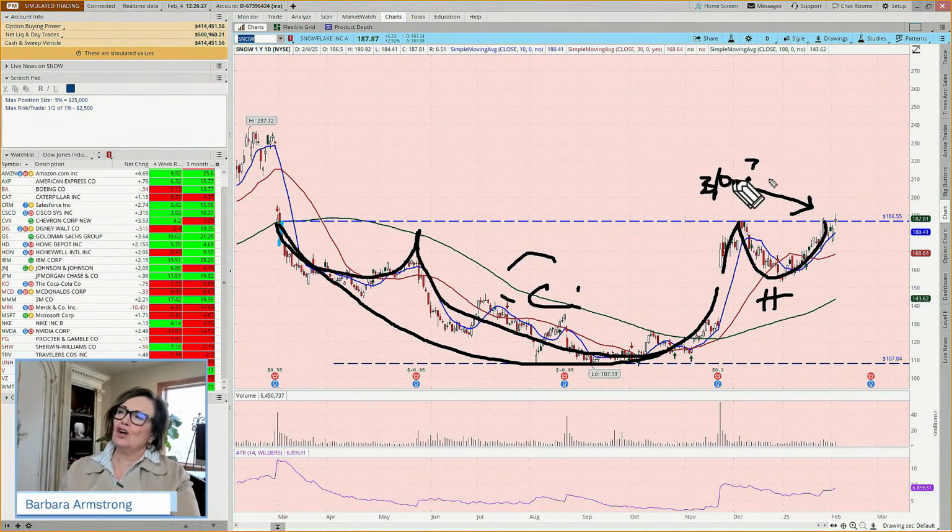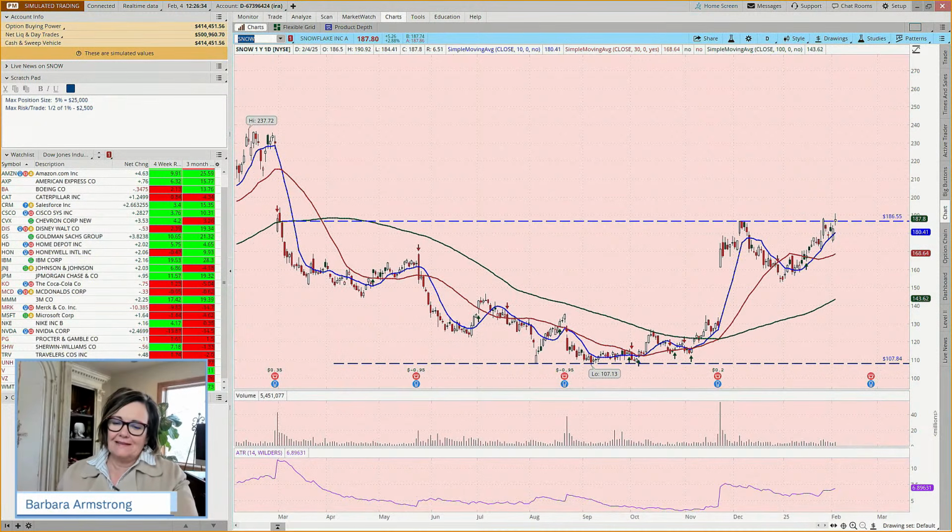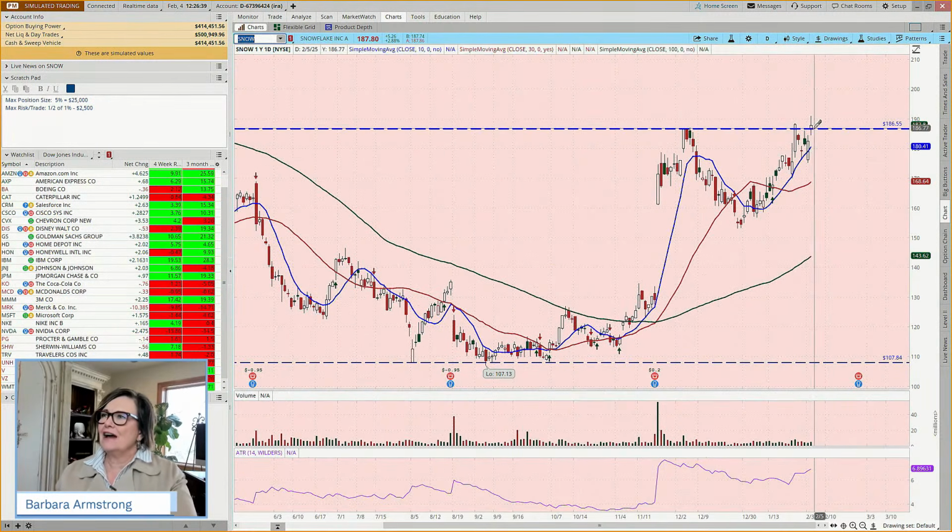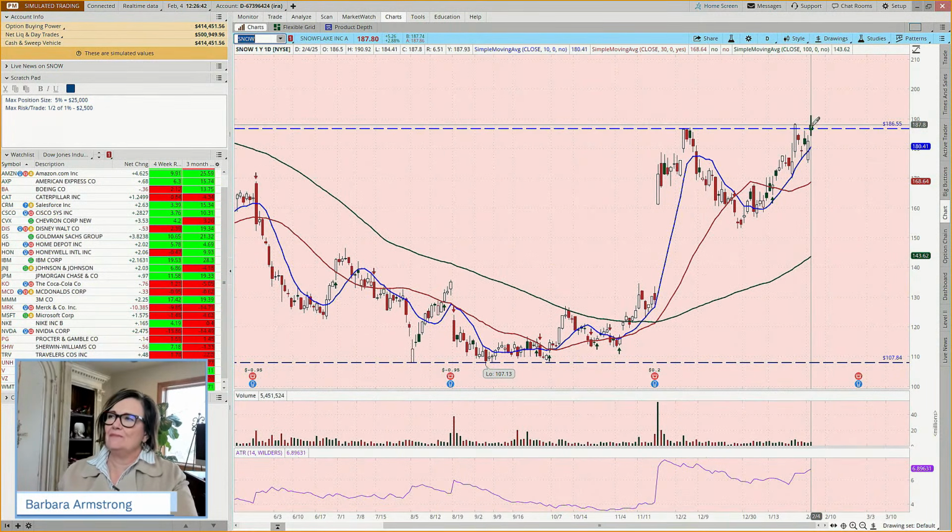So we could look at this and say, okay, we have earnings coming at the end of the month. It's February 26th. Could we look at this and say, well, I'd feel better if it went above today's high. That would be a little more confirmation for me. So could we put in an order at 190.92? If 190.92 was the high, just let me write this one down. SNOW. So could we go to 190.92 and add $1 to it, or add 50 cents?